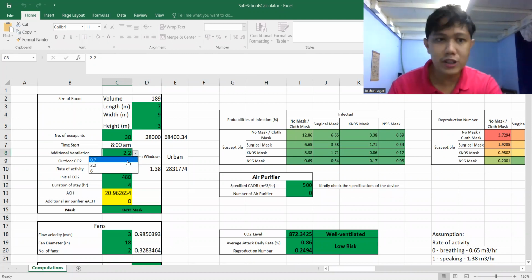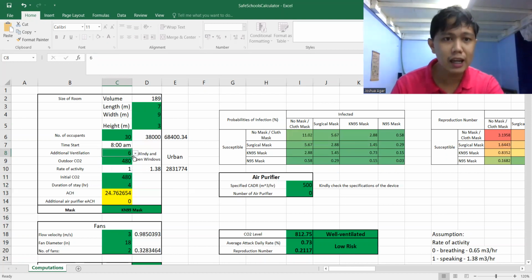I assume 0.7 ACH if there are no windows or there's poor ventilation. I assume a value of 2.2 for open windows. So this is from a study in California. I also assume an ACH of 6 based on our simulation on the standard classroom. So this is for scenarios where it's windy and the windows are open, so there's an inflow of air coming to